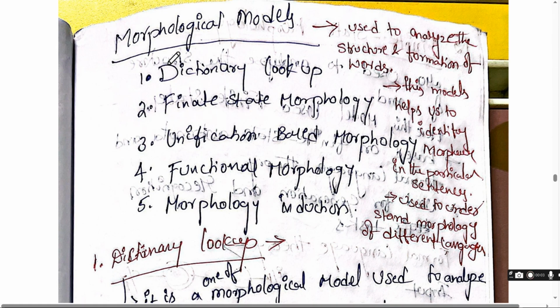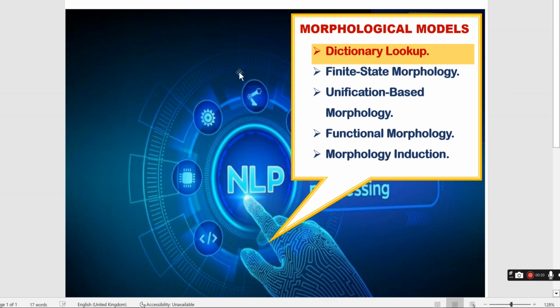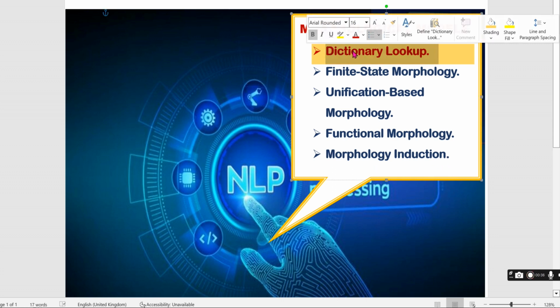So today the lecture topic is morphological models. We'll go through all the morphological models. There are 5 morphological models in NLP. First of all, these are the morphological models we are having: dictionary lookup, finite state morphology, unification based morphology, functional morphology, and morphology induction. Okay, so now we will go for